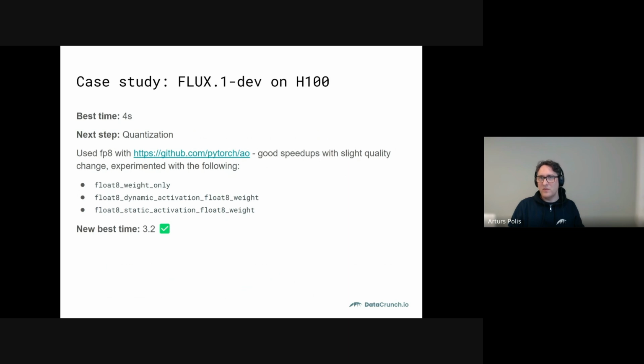Next, we went down to FP8. The quality decreased a little, and we experimented with different applications of FP8: to the weights, to the activations, where the activations would be higher precision and the weights lower precision, and finally both the weights and activations at FP8. I don't know which one we chose finally, but after benchmarking for quality, we chose one of them, and cut down the total inference time by a factor of more than 2